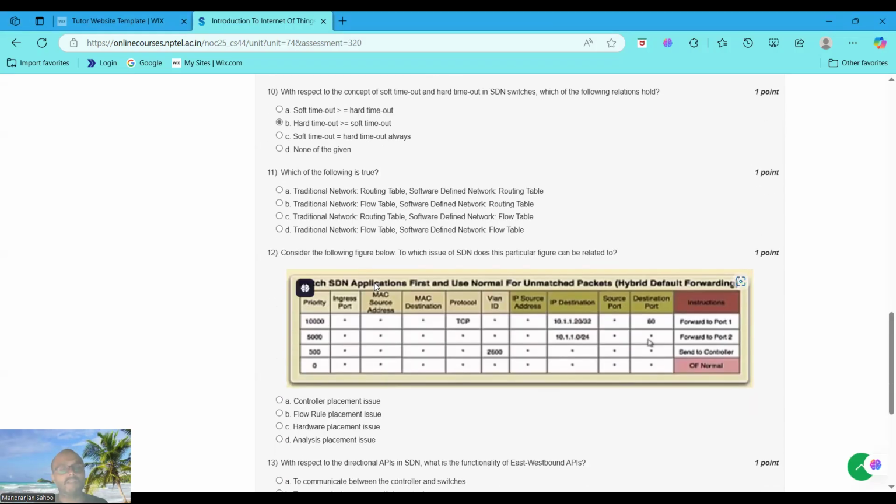Moving to question number 11. Which of the following is true? Traditional network routing table, software defined network routing table. I'm saying that here, traditional network routing table, software defined network flow table. Why we choose 11 option C? 11 option C, traditional network routing table, software defined network flow table is the correct answer, because in